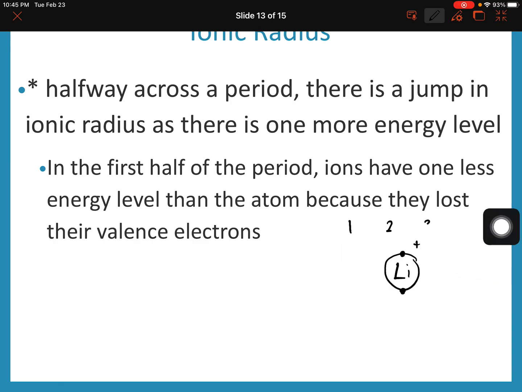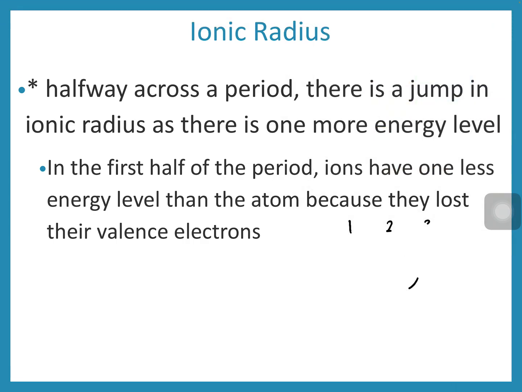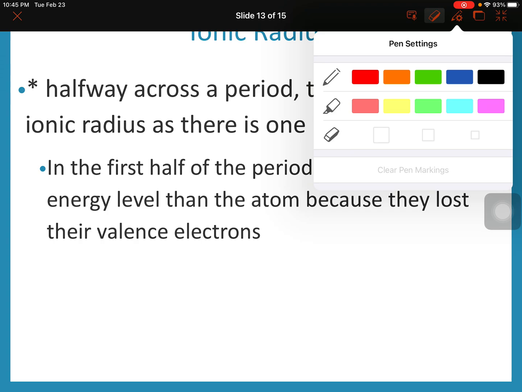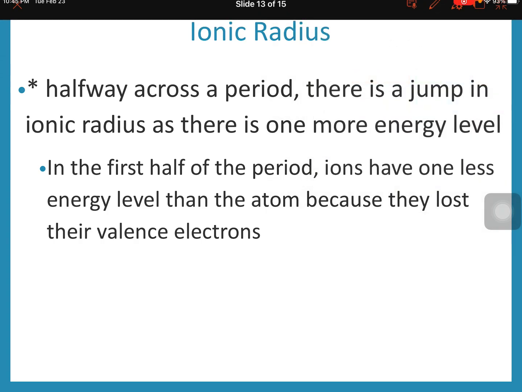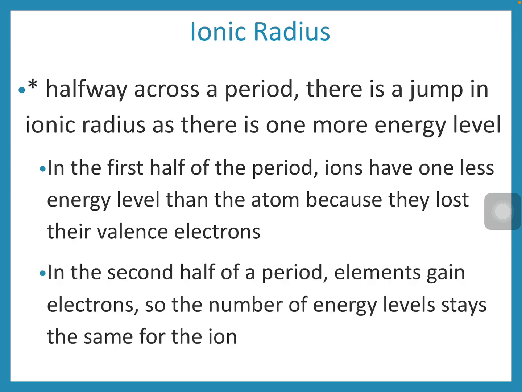And so for the groups that become positively charged, they are going to have less shells of electrons than the second half of the period, where the elements are gaining electrons. So as we look at that blip where the radius got smaller and smaller, and then we had